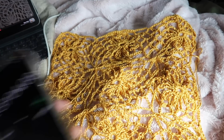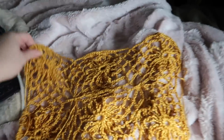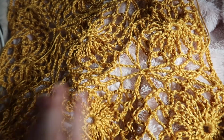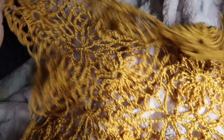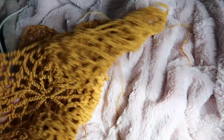Okay, we're about 2.5 hours in, and we've got the first panel done. This panel of 9 flowers. Granted, it does look wrong, but I'm pretty sure I'm doing it right, you guys. I'm like 90% sure. Also, I should have weaved all these ends in as I went, and I didn't, so now I have to sit here and weave in all these ends. There's literally so...